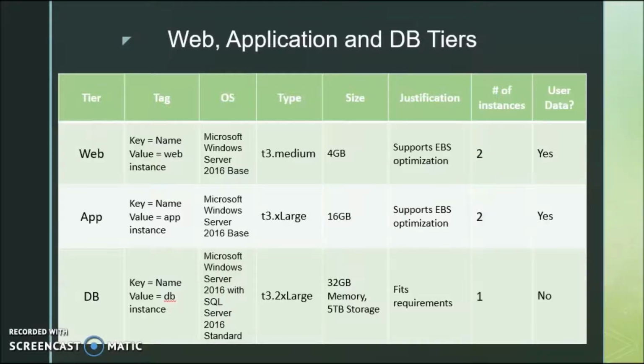Hello, I'll talk about the web application and database tier. These three tiers are known as the three-tier architecture, which is a classic type of architecture that is normally divided into three kinds of logic: interface, business, and database logic. The web tier and app tier are known as the business logic, while the interface public instances are the public instances that the user accesses toward the application via